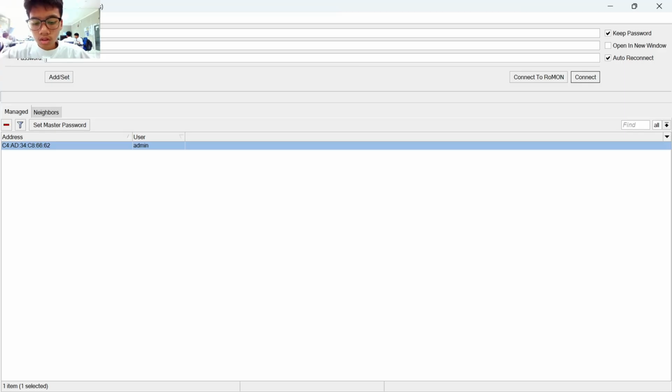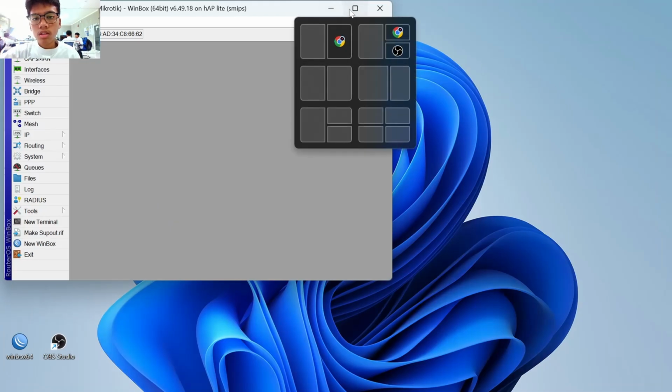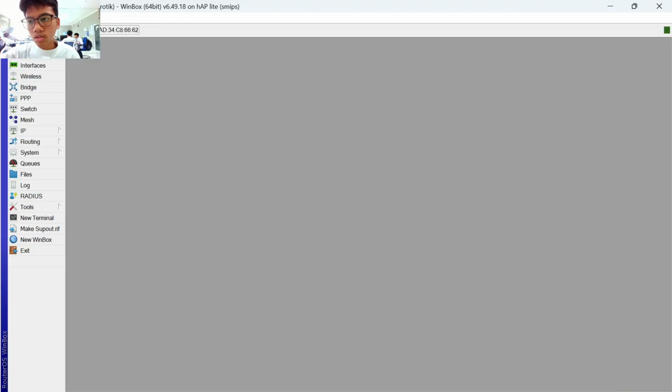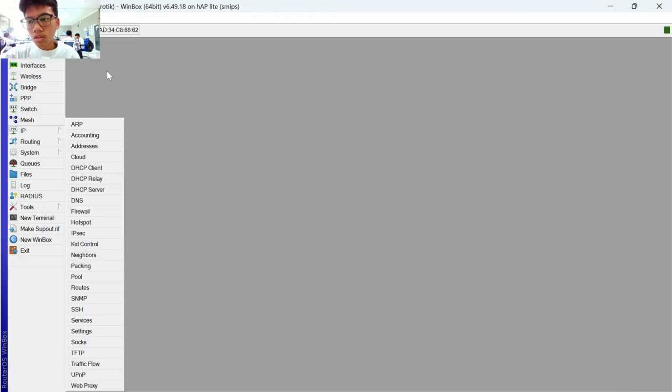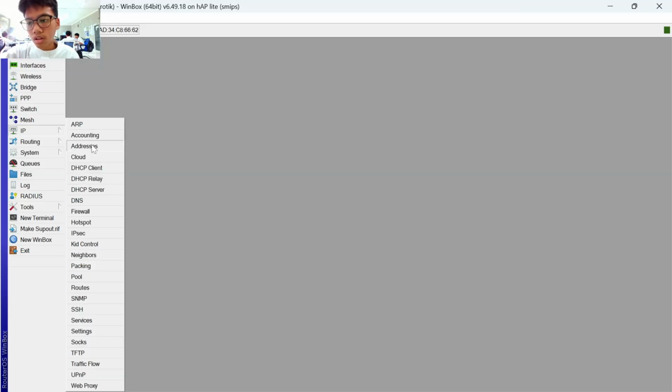But if you have accessed Winbox before, you can fill in your own password. Like mine, I have accessed Winbox before. Okay, connect. Okay, now you can see RouterOS accessed with Winbox. There are many features you can access, like wireless, interface, bridge, switch, and IP. Under IP there are address, DHCP client, firewall, and many features that you can explore.